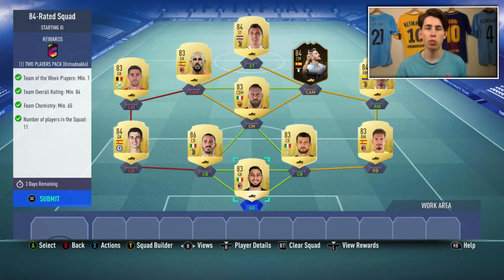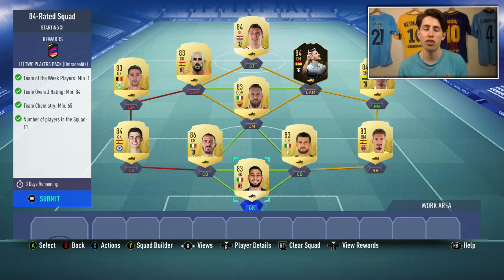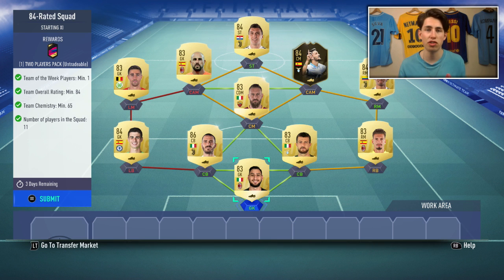So in this case here, you need 11 rated cards, you also need 4 84s and the rest 83s. Somewhere in there you have to fit in an inform. If you're buying them from scratch off the market, go with an 83 as it will be the cheapest,